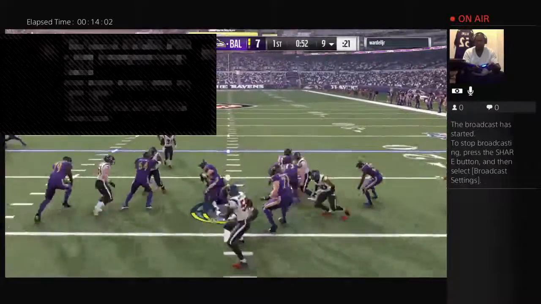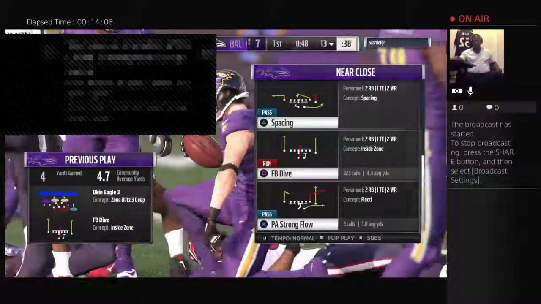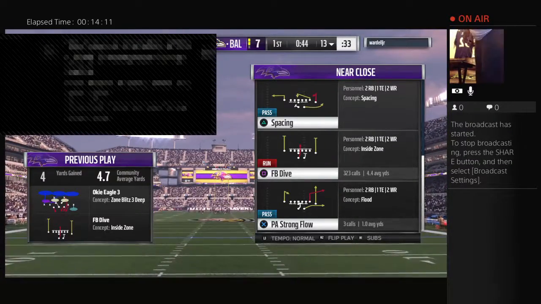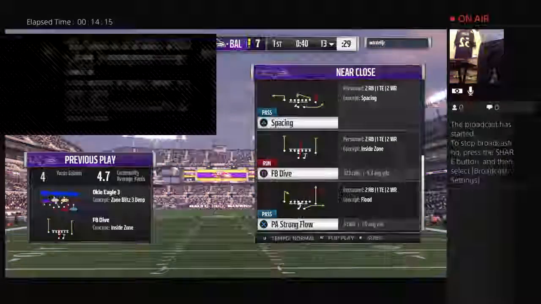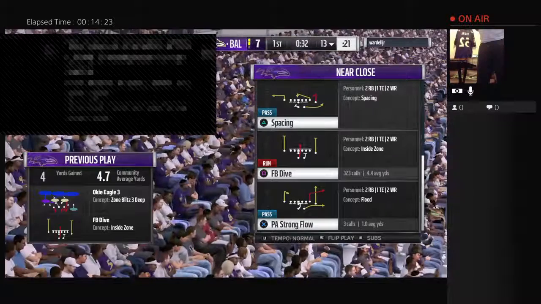Now Flacco going to give to his fullback. 4 yards on the pickup. It'll be second down. The defensive crew for the Texans. Here's a look. Jadeveon Clowney was the number 1 pick in the NFL draft, and an absolute athletic freak. Now he's trying to add